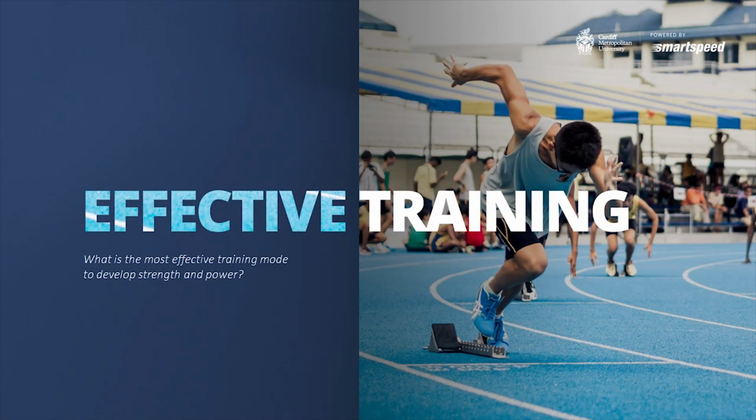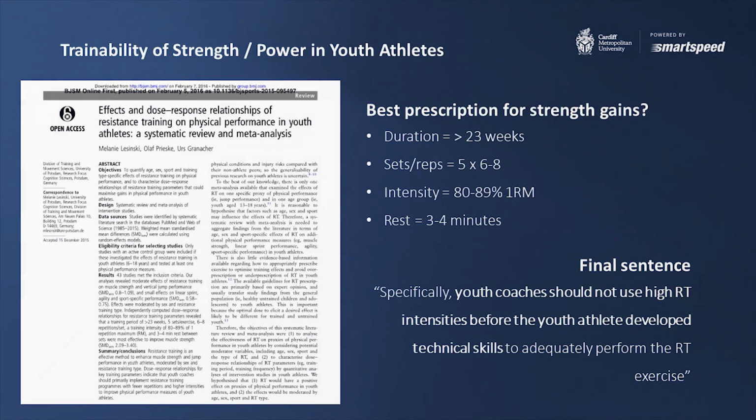And it really ties in with the literature around effective training. This is probably my most cited paper at the moment, in terms of me citing others' work. This is by Erzgeratsch's group, and it looked at a meta-analysis and systematic review of training-related studies in young athletes. It really wanted to delve into identifying the ideal training prescription for developments in strength of